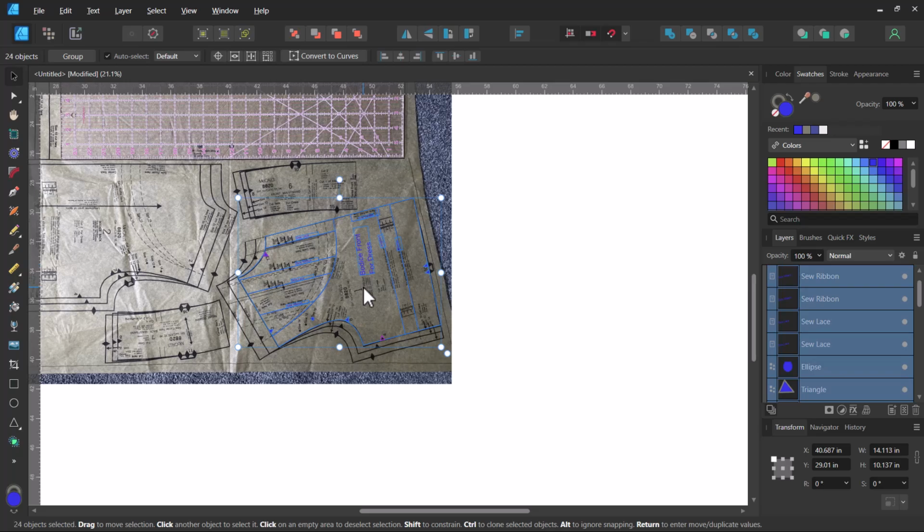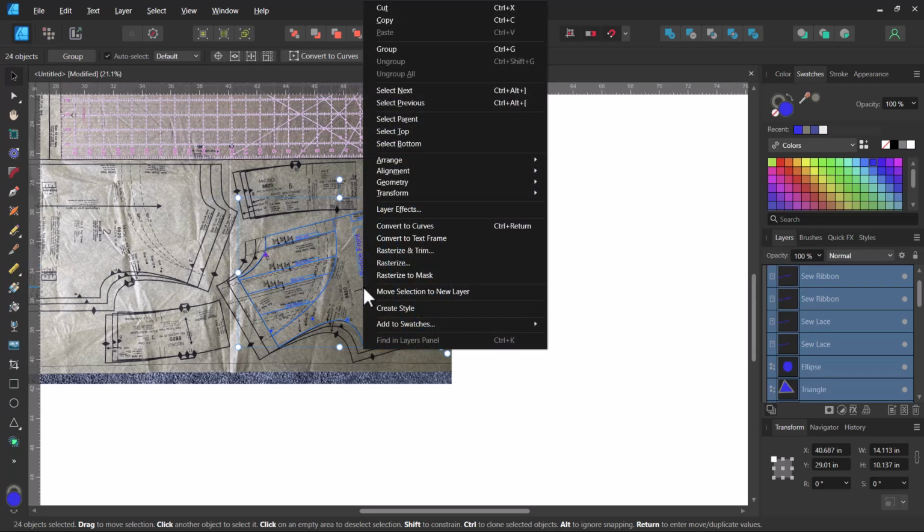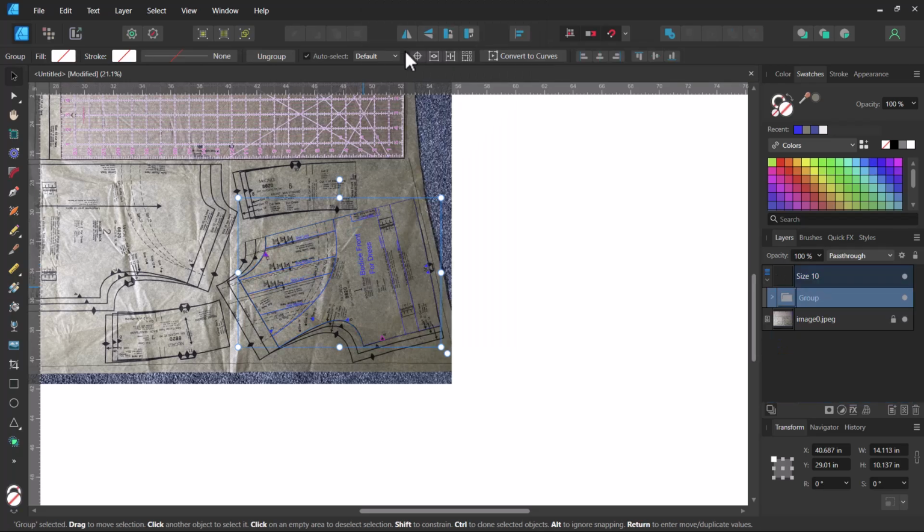Okay, once you've got all that, we're going to go ahead and just group that together. You can right click and say group, or you can say Control plus G. And we've got that whole group. If you didn't want to group that all together, you want to have the text instructions separate from the pattern piece, you could also do that because you might want some of these on all of your